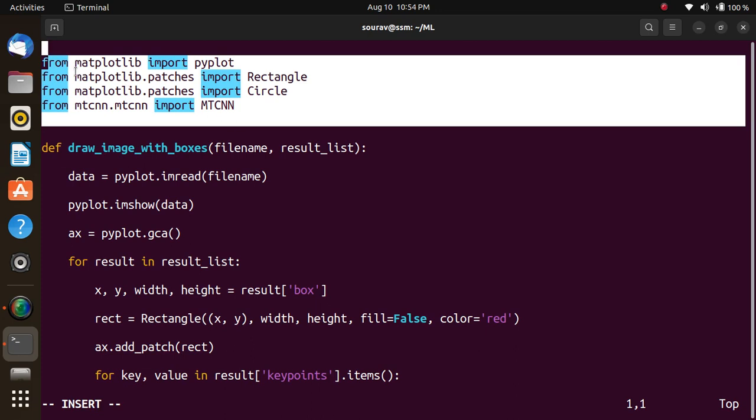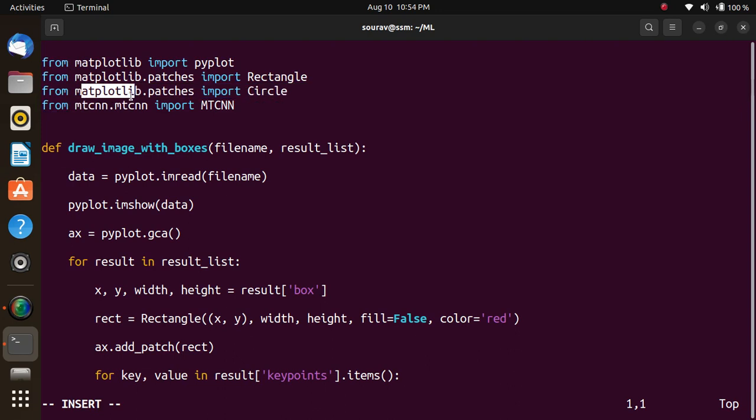These are the required libraries which need to be loaded. Matplotlib is used to display the image in coordinate format, x and y coordinate. Then the method draw image with boxes, with parameters file name and result list. Then the next statement,